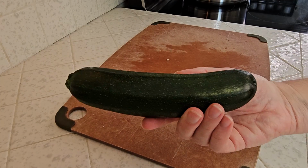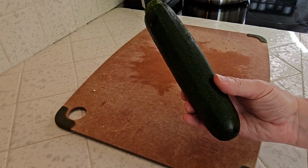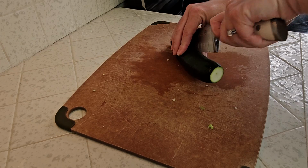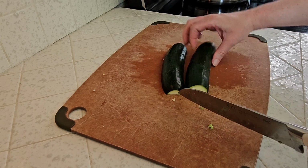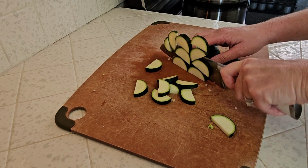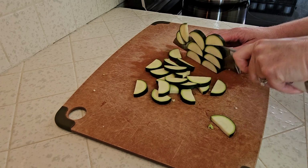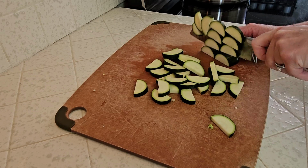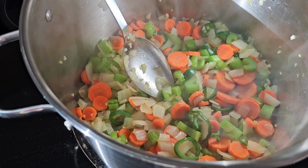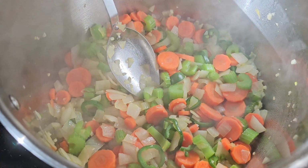While those are sauteing, I'm going to cut up 1 zucchini. This is another non-traditional ingredient I like to add. Zucchini has mild flavor, so it integrates really well into our soup, and I like the added texture and nutrition it adds. But of course, if you're not a zucchini fan, you could leave this out. Once our aromatics have started to cook down a bit, we'll toss our zucchini into the pot,